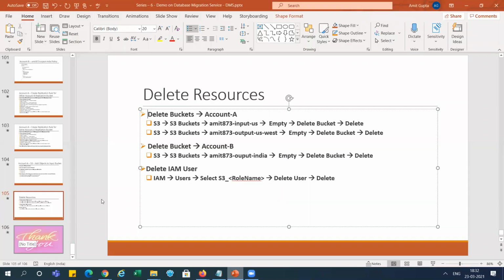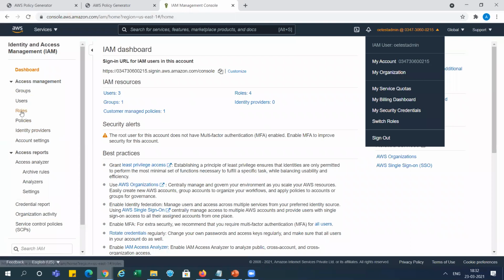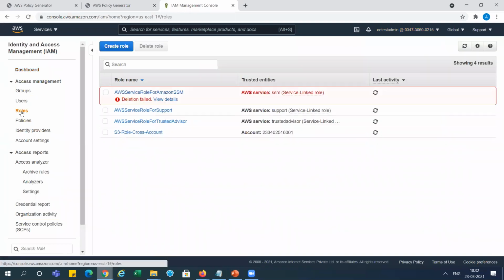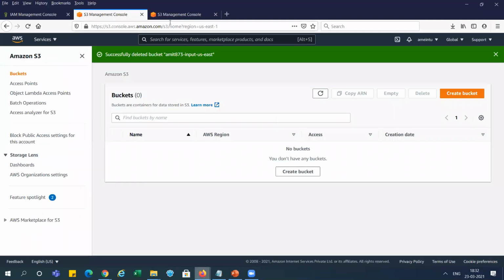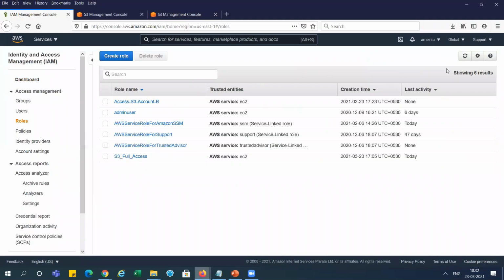Now we need to delete the IAM role which was created for this. So just check it out. The IAM role is also here; some roles were created for that. Not here. Go to the primary account, because the replication rule was created in this primary account, so it will be reflected here.